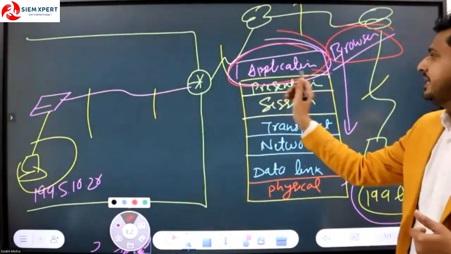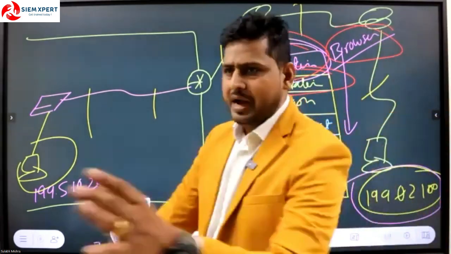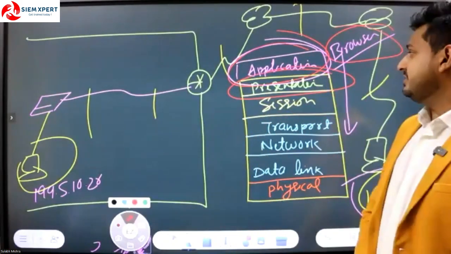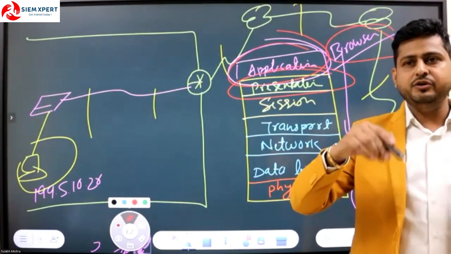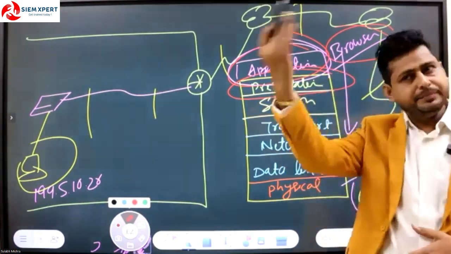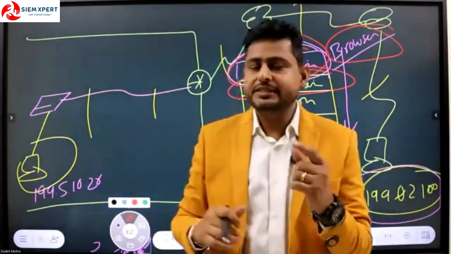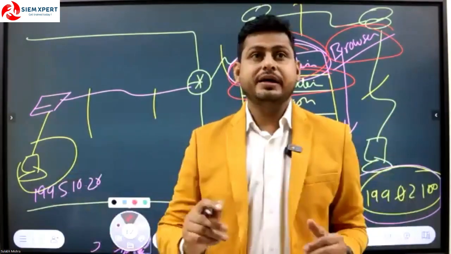Then after that, the presentation layer is an optional step. Not all communication happens on the presentation layer. In the presentation layer, encryption and decryption happen. For example, if you are using HTTPS, then it will encrypt the data, right? Hypertext Transfer Protocol Secure. That's the reason it is recommended to use HTTPS, not HTTP, because of the communication from source